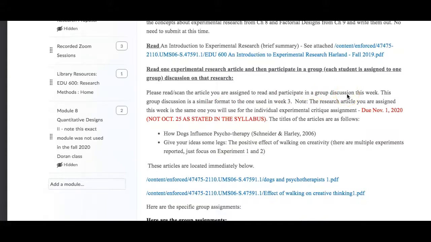A change this week, and I'll show you in the syllabus, there was an assignment due on October 25th. This basically was reading the research article and submitting an experimental critique. That was due on October 25th. I have changed that to November 1st. So October 25th is a week from tomorrow, and November 1st is 2 weeks from tomorrow. I will discuss this assignment in detail next week, but for now, nothing is due at the end of